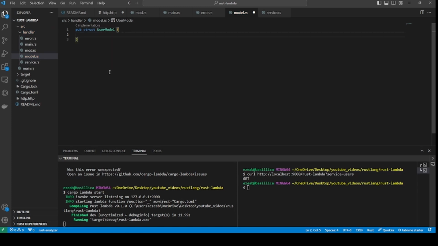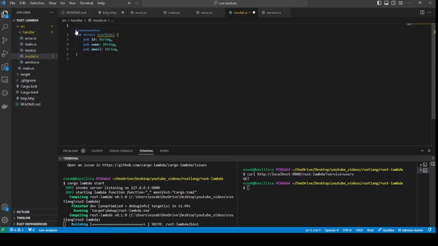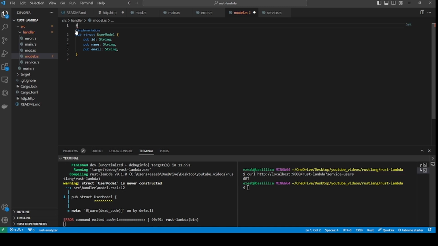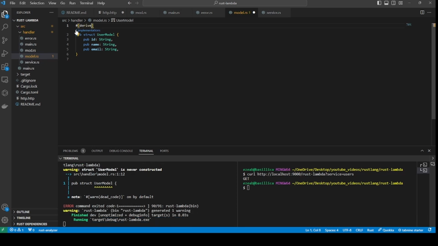It's gonna have an ID of string. Let's keep it really simple. It's gonna have a name, it's gonna have an email, and I'm gonna already add some traits. So derive, and I'm gonna add Debug. Now I need Clone, I need Serialize and Deserialize, and I would need to of course install